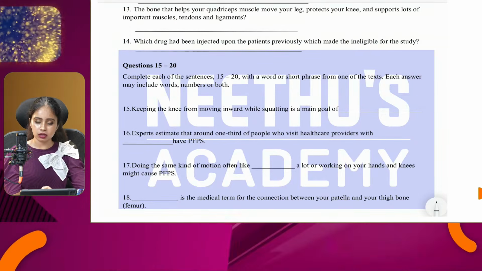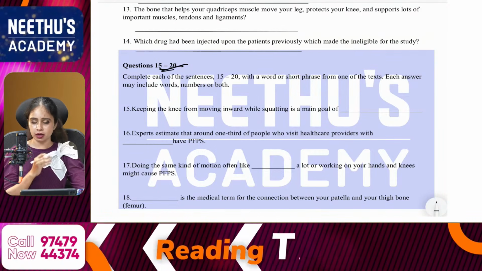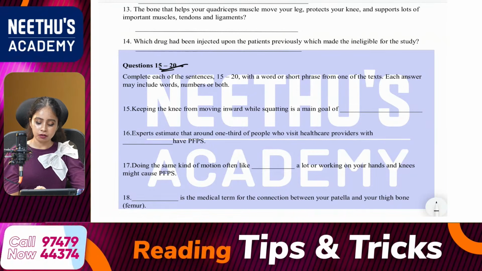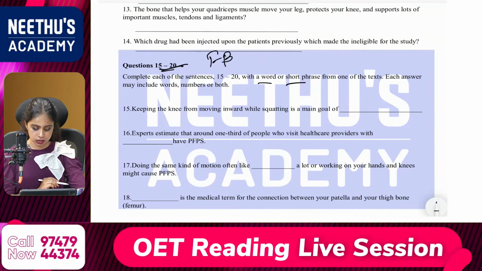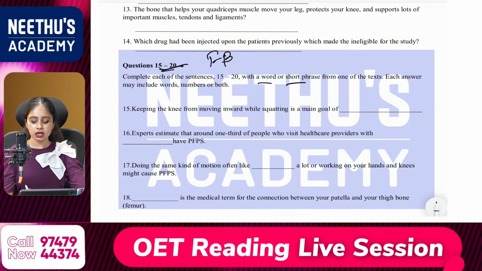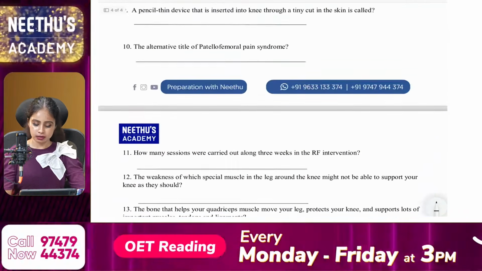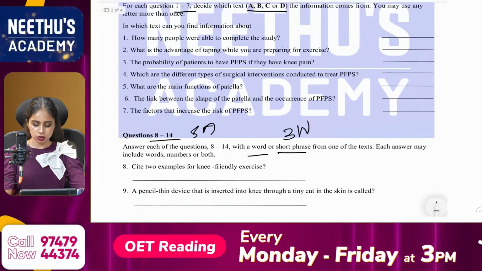And in the third category comes fill in the blanks. The same instruction: you can write it in a word or a short phrase. So that's all about the pattern or the type of questions. So the first question,